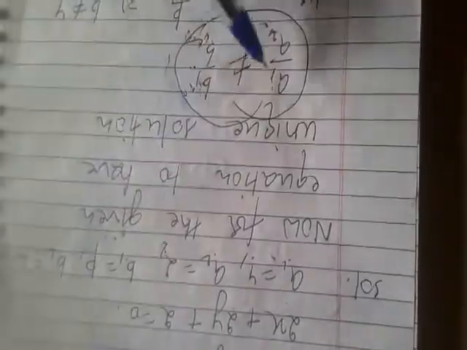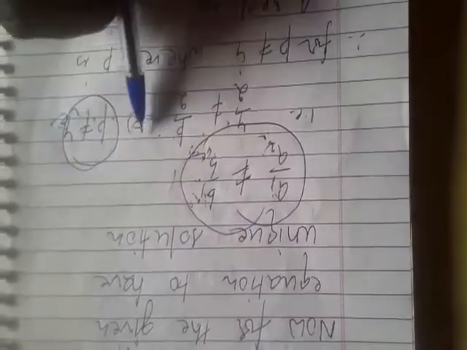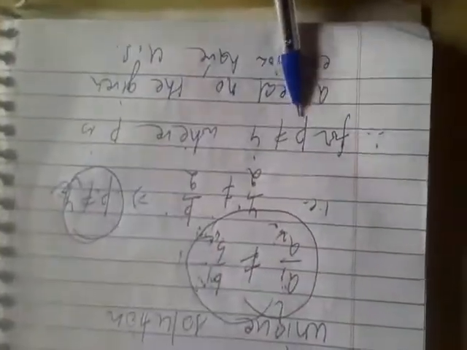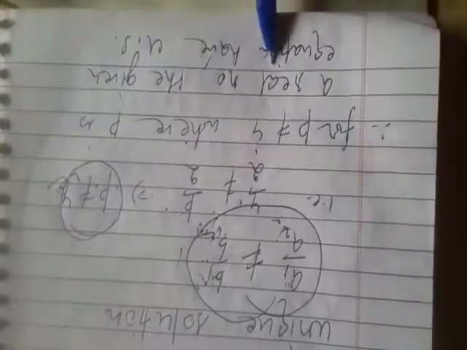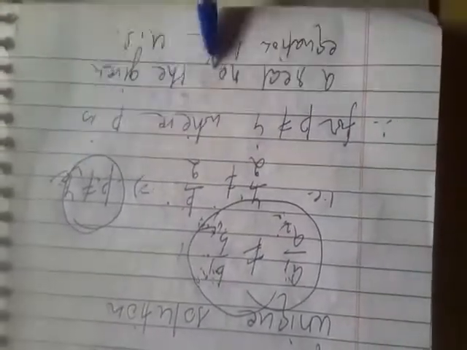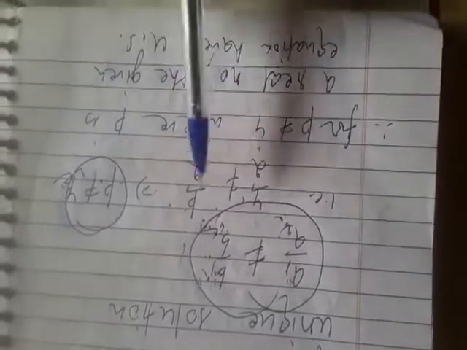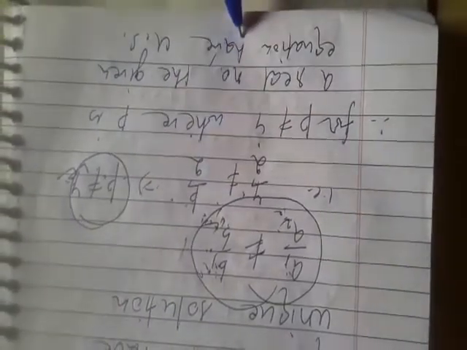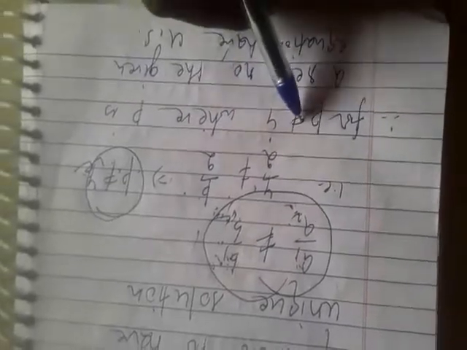a1 is equal to 4, a2 is equal to 2, b1 is equal to p, and b2 is equal to 2. Solving it, we get p should not be equal to 4. It means that any value of p except 4 is the required solution. So you can write your answer that p should not be equal to 4, where p is a real number. p belongs to the set of real numbers, and then we can say that the given equations have a unique solution for p not equal to 4.